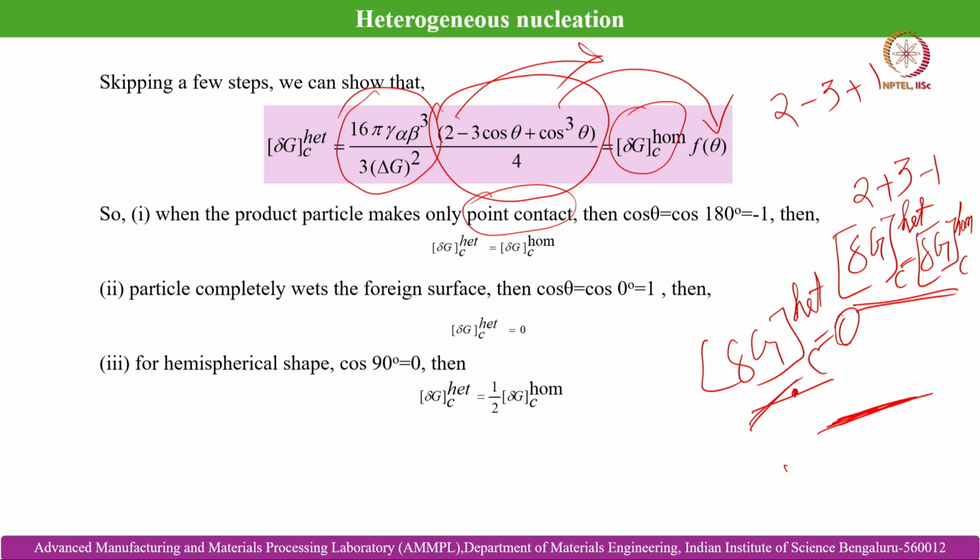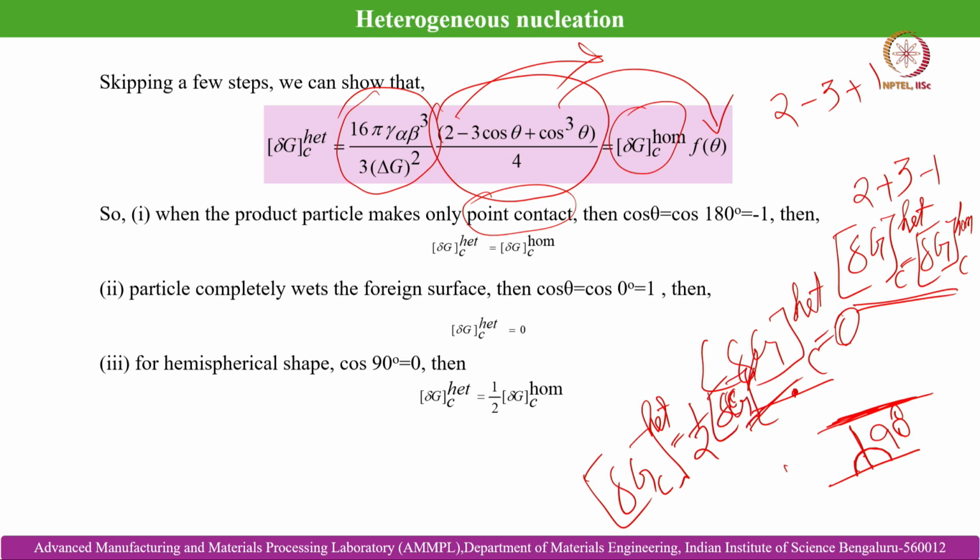For a hemispherical shape of the contact of the nucleated solid, the included angle is basically 90 degrees. So, cos 90 is equal to 0. If we put the value of 0 over here, we get delta Gc heterogeneous equal to half of delta Gc homogeneous. So, this is the case which is most